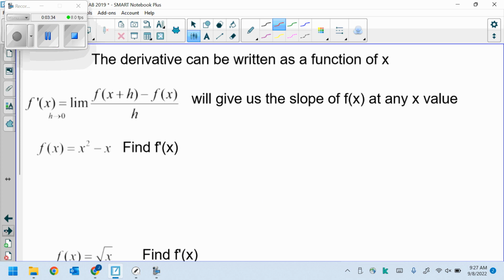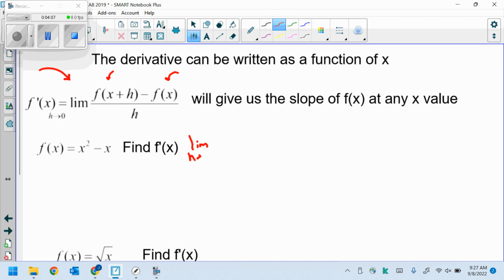Now, derivative can be written as a function of x. We've seen this exact same thing in the definition of derivative. But instead of x's, we've had a's. And all that a stood for was some x value. Well, now we're going to have x's in place of x values. Right? So let's find the derivative. And the derivative is going to be a function that's got x's in it, because we're not finding it at any particular point. So we're going to take the limit